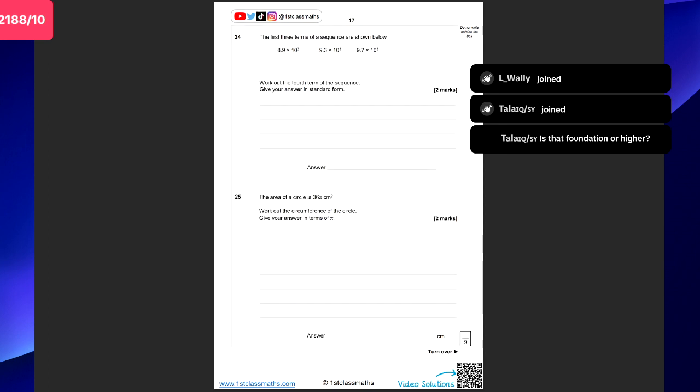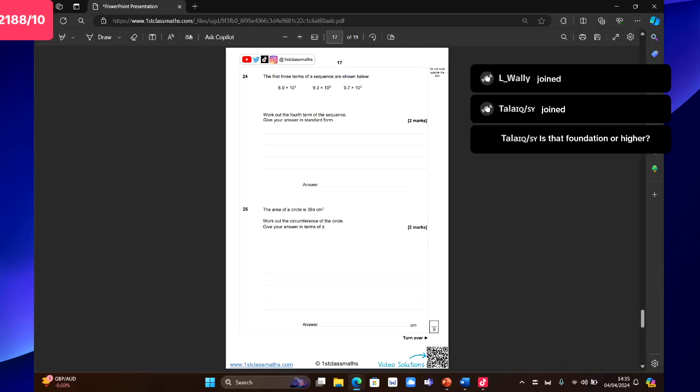Okay, the first 3 terms of a sequence are shown below. 8.9 times 10 to the 3, 9.3 times 10 to the 3, 9.7 times 10 to the 3. Work out the fourth term. Well, if you look here, I'm adding on 0.4 each time. So adding on 0.4, being very careful here. So that'll be